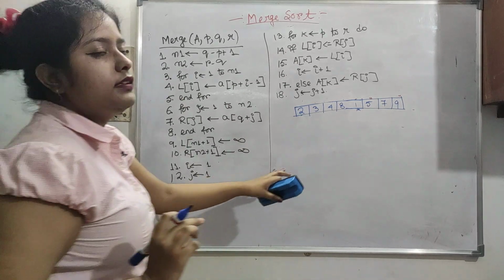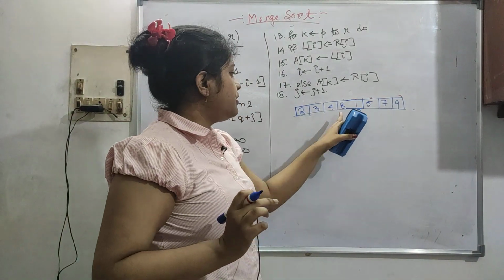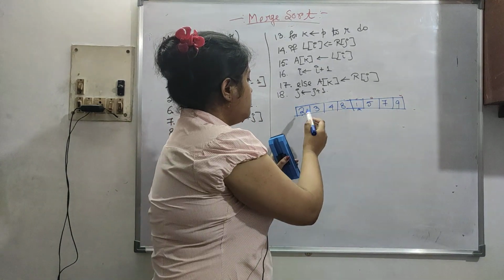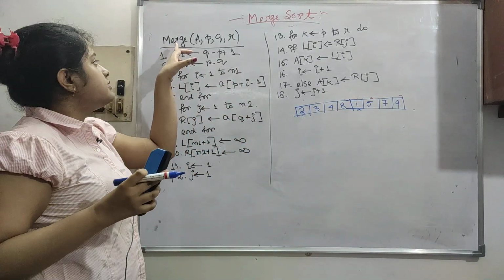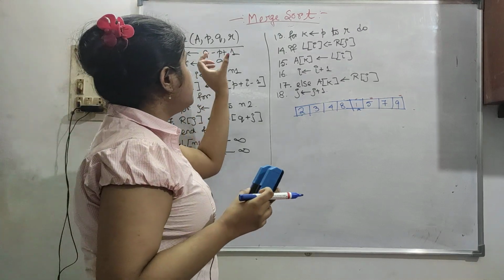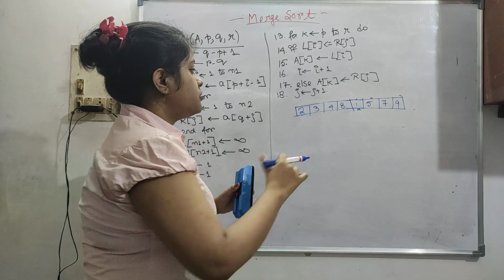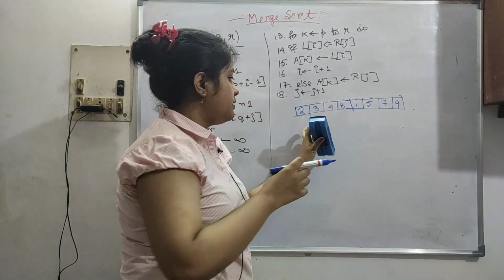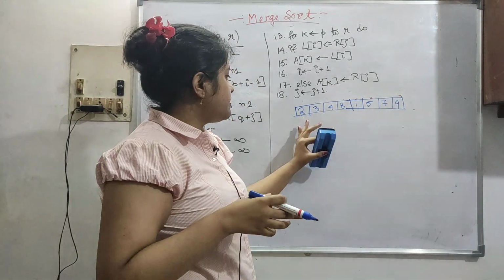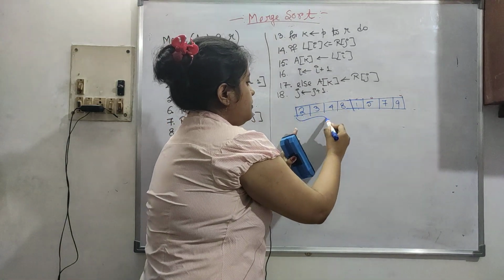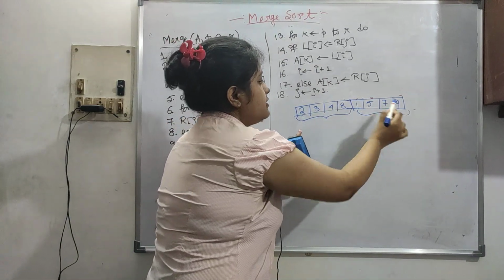So now let's see the algorithm here. This is the previous example I had taken. This is the merge sort, and this is the merge procedure, the main part of the algorithm. It is kind of the heart of the algorithm. We have seen the previous example, where the two lists are in sorted order. Up till this it is sorted, up till this it is sorted.